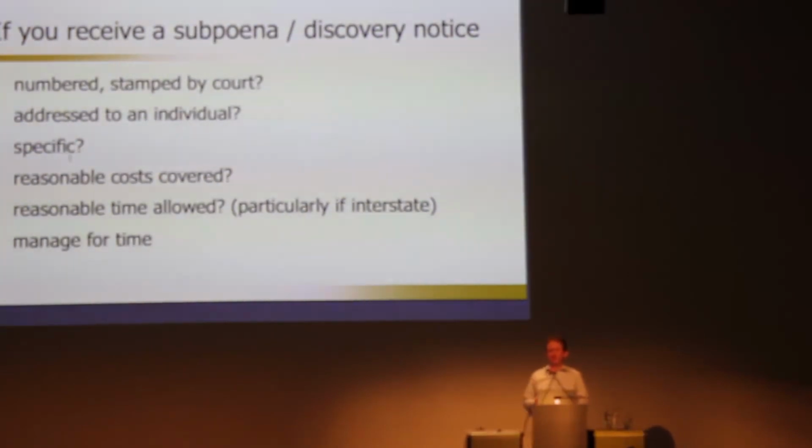So if you get a subpoena and it looks a bit dodgy, or you're not sure if it's correct, just look at the name of the court at the top. So the magistrates, district, supreme, federal. That's an increasing order of how much trouble you're in. And ring the registry and say, I've received this subpoena, it's got this filing number, and they'll say, yes, that's a file we have and we issued the subpoena.